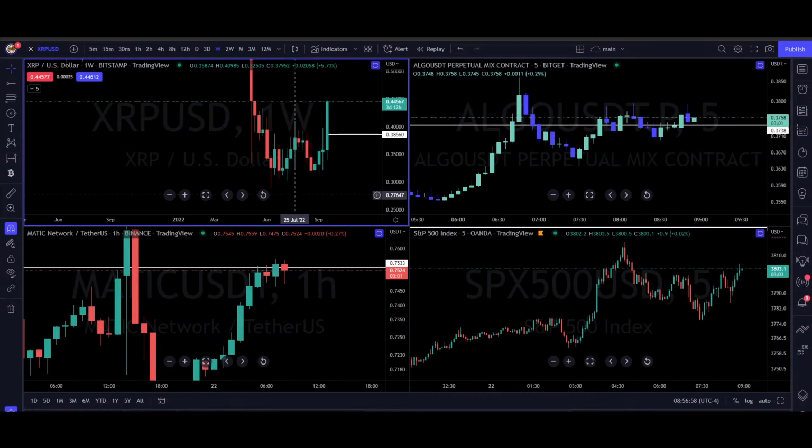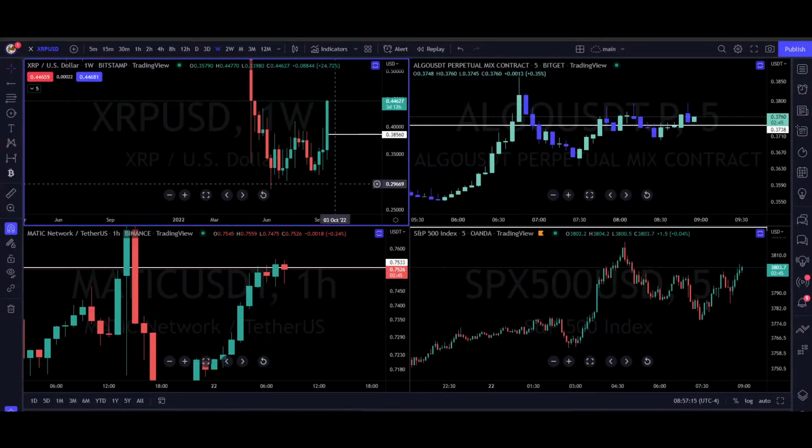Is it a possibility that you've seen the bear market low on XRP? Yes, because I'm in the camp that believes we've seen the bear market low on risk, Bitcoin, Ethereum, all of it. And I will be wrong when we make fresh bear market or fresh yearly lows. We haven't done that yet. We came very, very close.